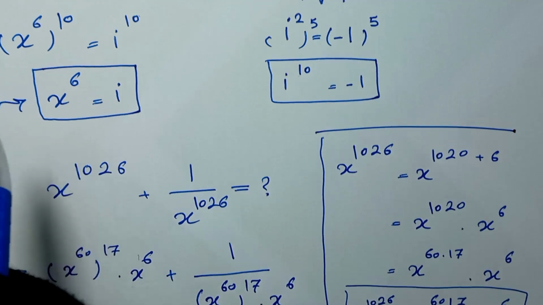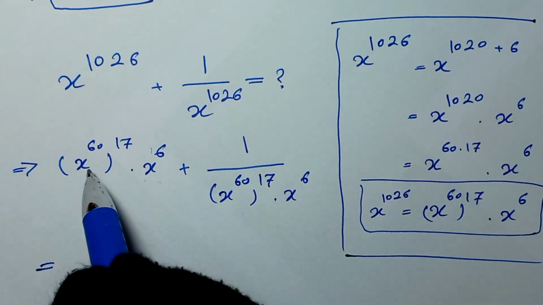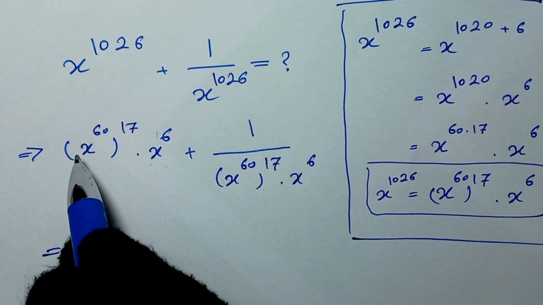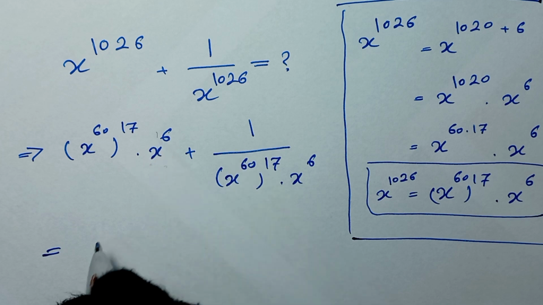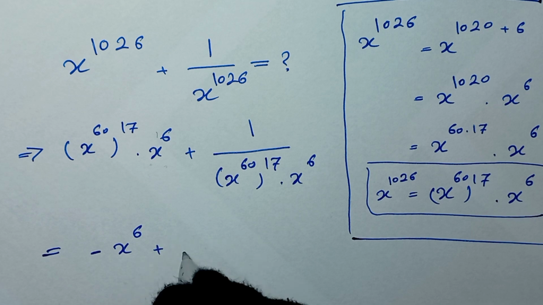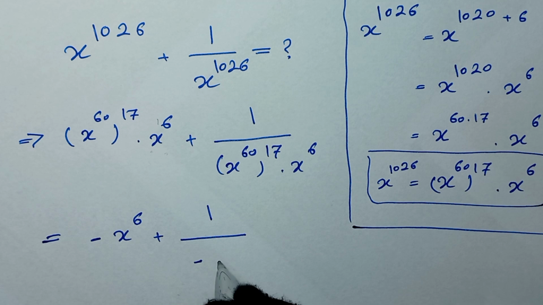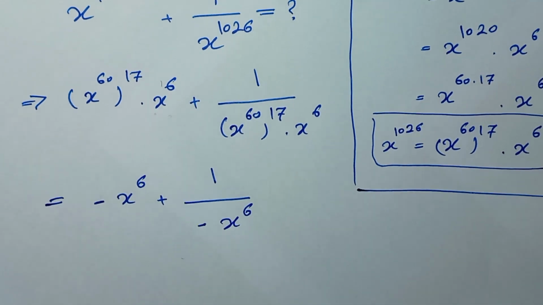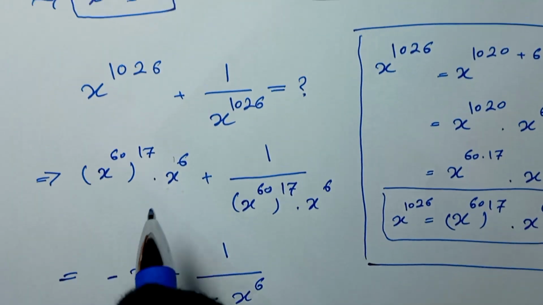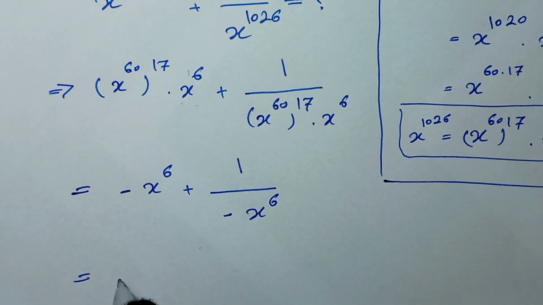From here is negative 1. So negative 1 to the power of 17, it will be negative 1, right? So it will be negative 1 times x to the power of 6. So we write in here negative x to the power of 6, right? And plus 1 over, in here this is equal to negative 1, so negative x to the power of 6, right? And this is equal to x to the power of 6 from here is i. From here is i, so it will be negative i,